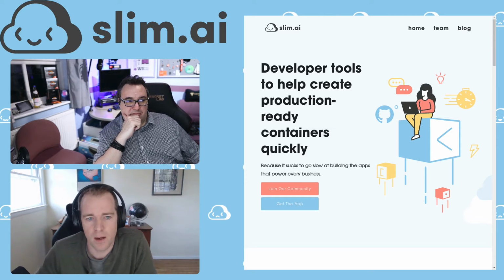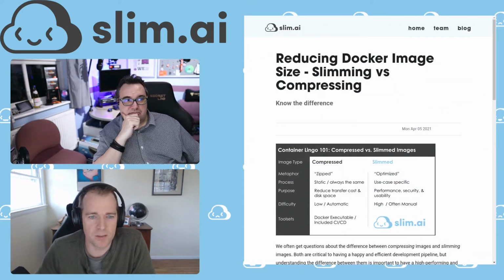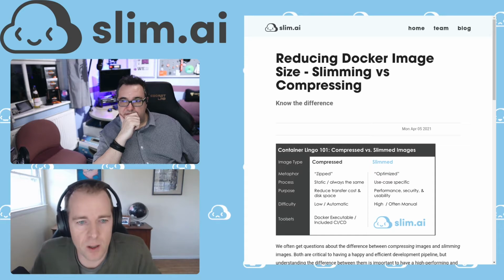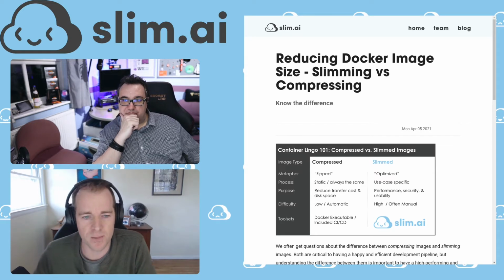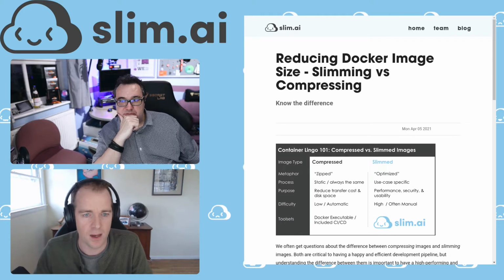And I think one of the examples that we're going to talk about here is that we get questions a lot from developers as we talk to them. One question that comes up a lot is, when we say slimming, what do we mean by slimming? How is that different than compressing?